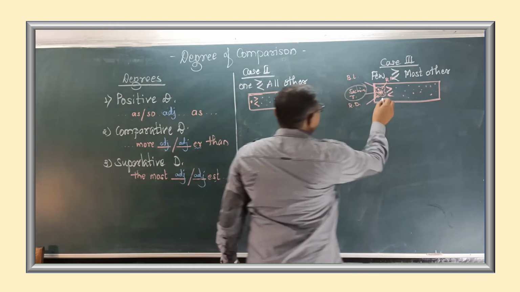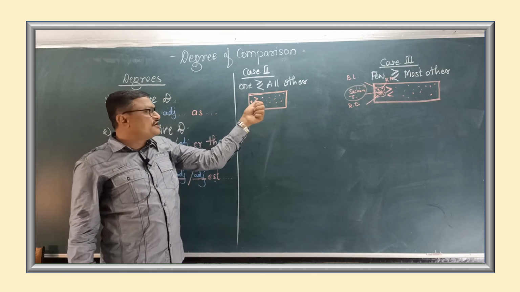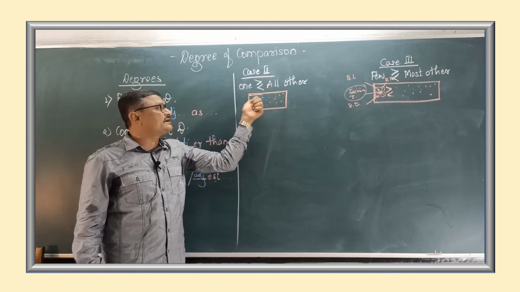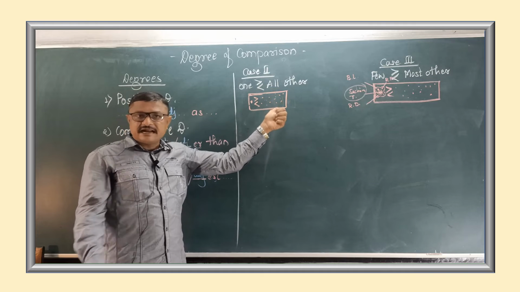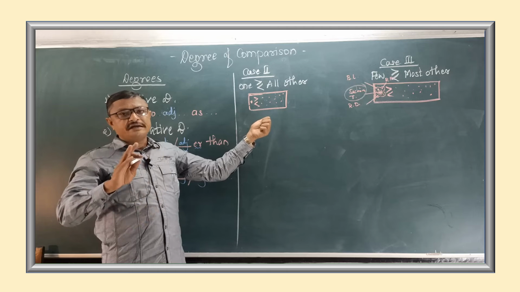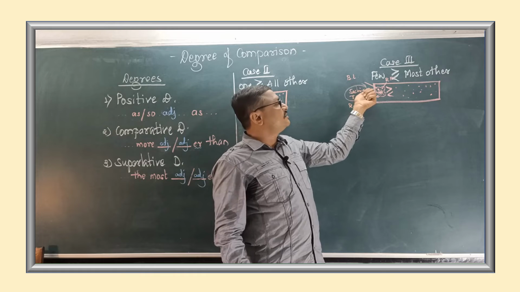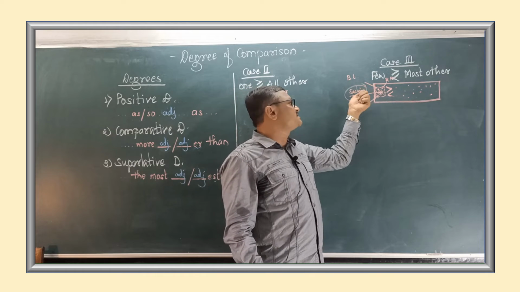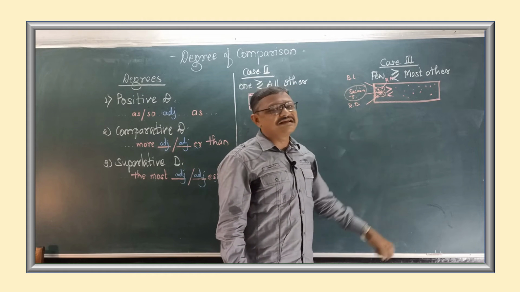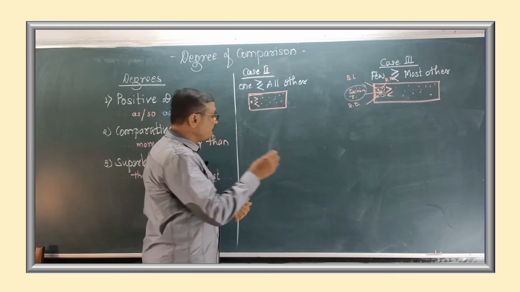So, just check the difference between these two cases. Here, Sachin Tendulkar was the greatest cricketer of his time, which means that there was nobody as great as Sachin Tendulkar. There was nobody to be compared with Sachin Tendulkar. And here, Sachin Tendulkar was one of the greatest, which means there were some other players. There were a few players who were as great as Sachin Tendulkar. Got it? Now, we'll see the sentences.